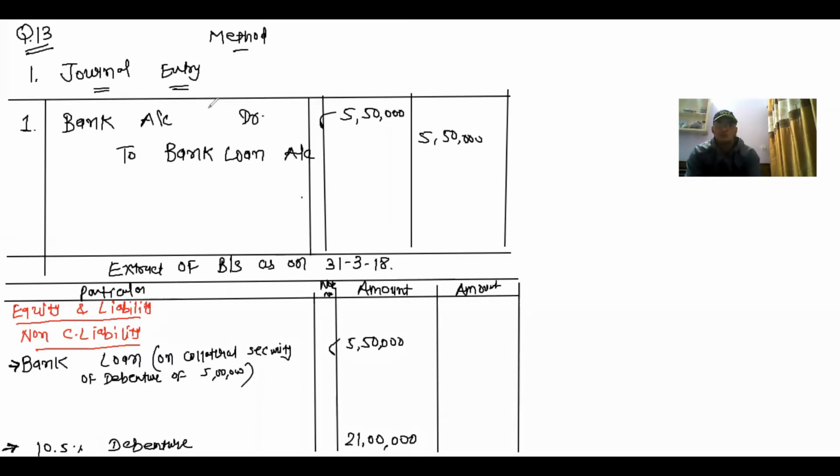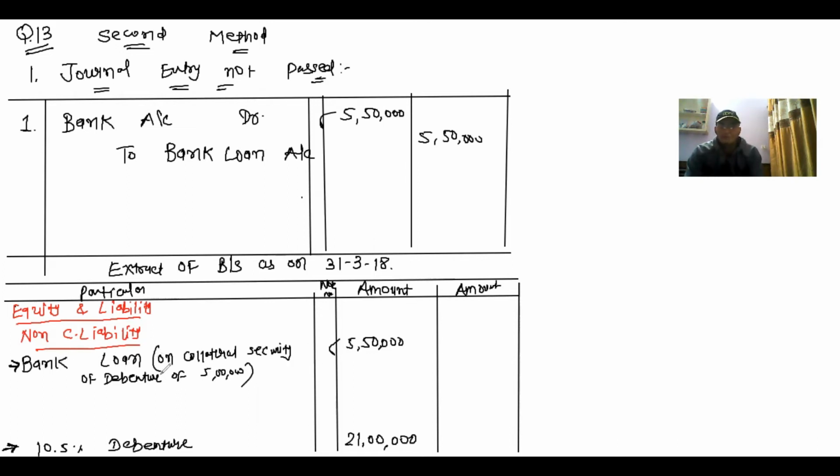Okay, so now here is the second method, journal entry not passed. Only a simple journal entry, that is bank account debit to bank loan account, that's it. Amount is 5,50,000. Now in the balance sheet, under equity and liabilities, under the heading of non-current liability, the bank loan amount is 5,50,000